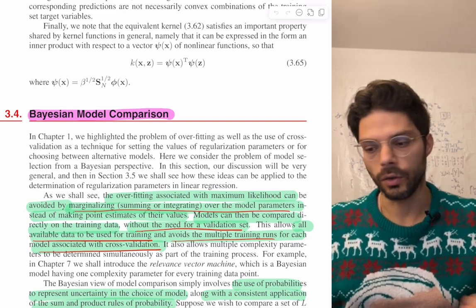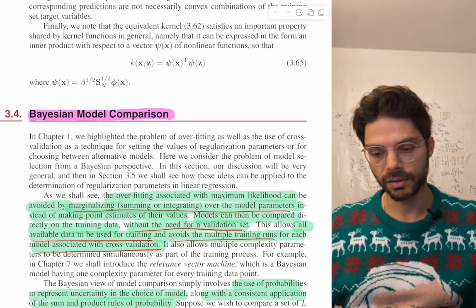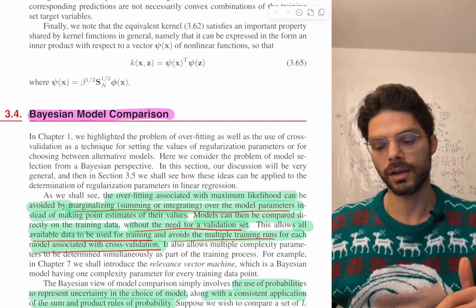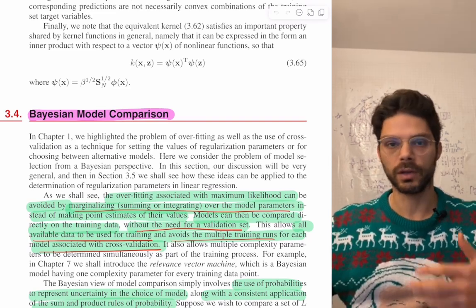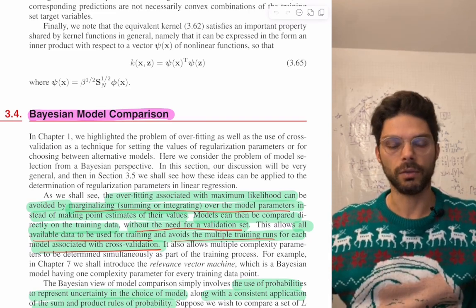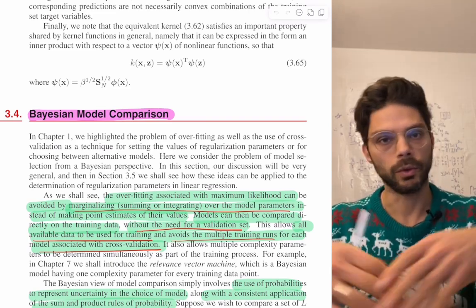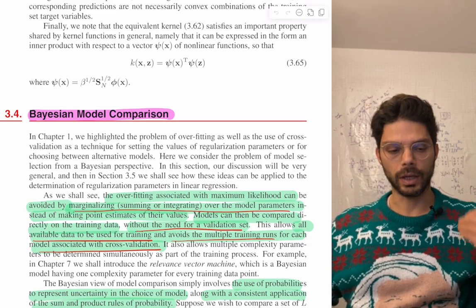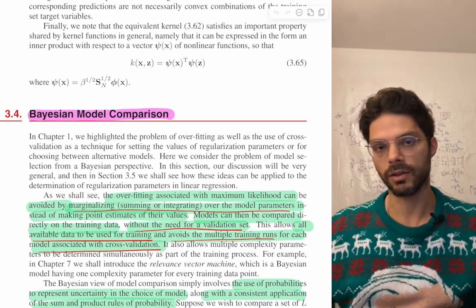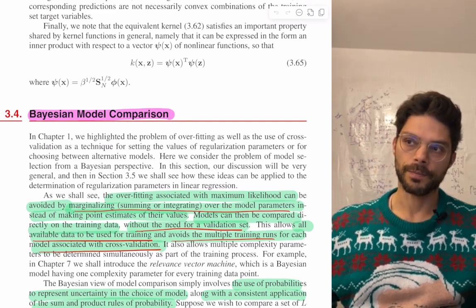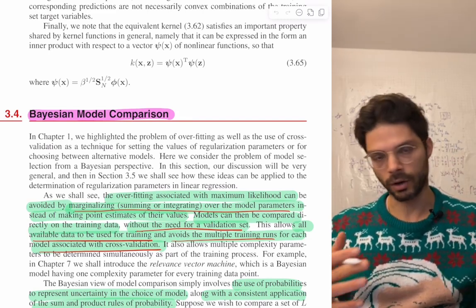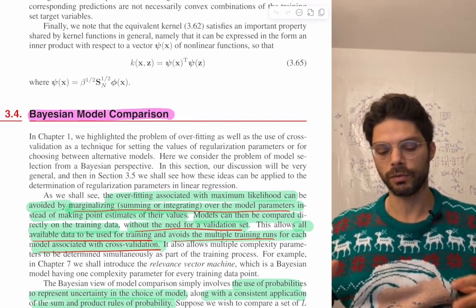it can be used to avoid, as we'll discuss, having to split your data into a training set and a test set and a validation set, because by just using the laws of probability, you can essentially automatically avoid things like overfitting, which is the reason why we do all that stuff in the first place. In practice, it will turn out, and he'll mention this at the end as well, that we'll still end up having to do the cross-validation stuff anyway,